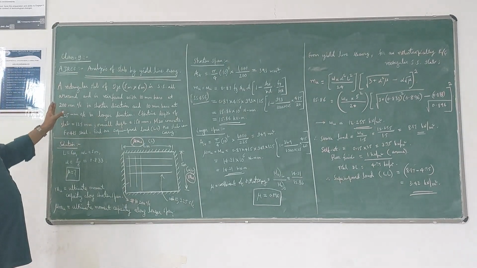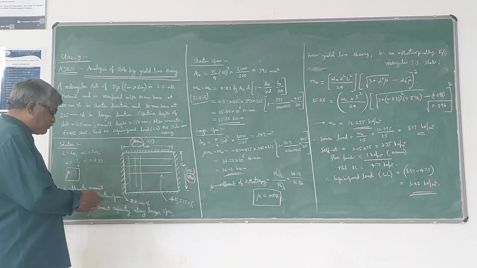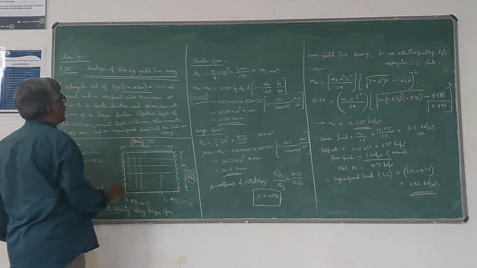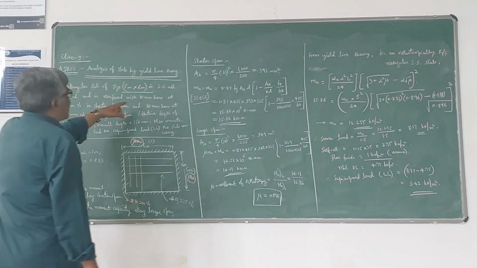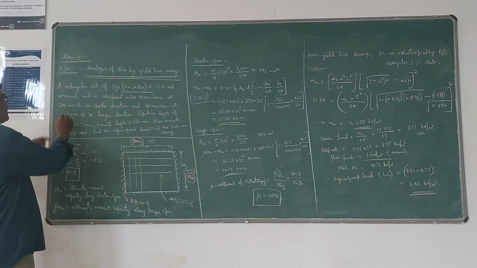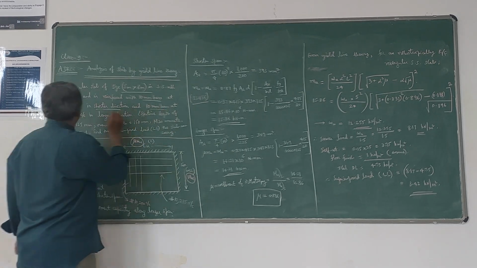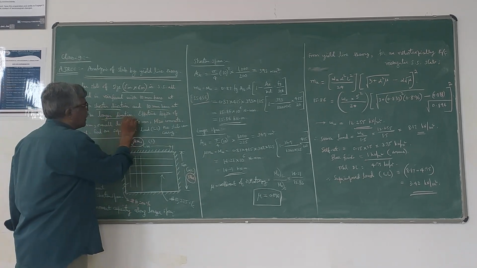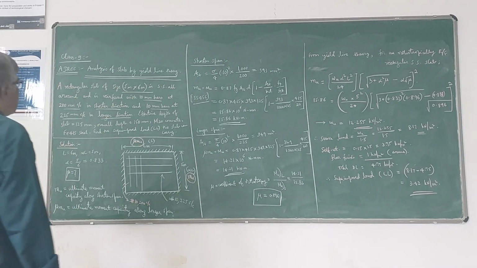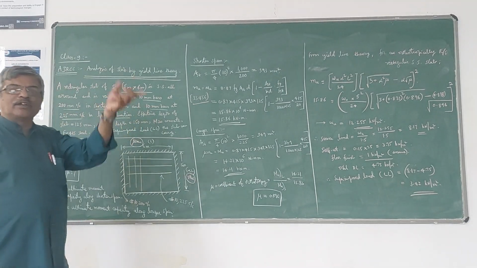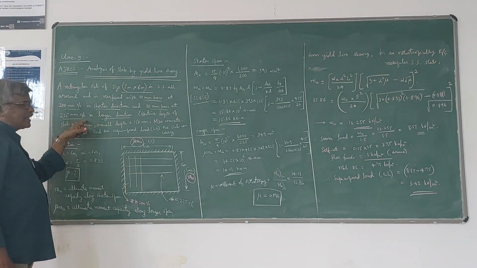Now let us take a rectangular slab of size 5 meter by 6 meter. Once again, it is a two-way slab, which is simply supported all around and is reinforced. See here, the details of the reinforcement in both directions are given: 10 mm bar at 200 mm center to center in the shorter direction, whereas reinforcement is 10 mm bar at 225 mm center to center in the longer direction. That means reinforcement provided in the shorter span is more than in the longer span, since the spacing is more in the longer span.